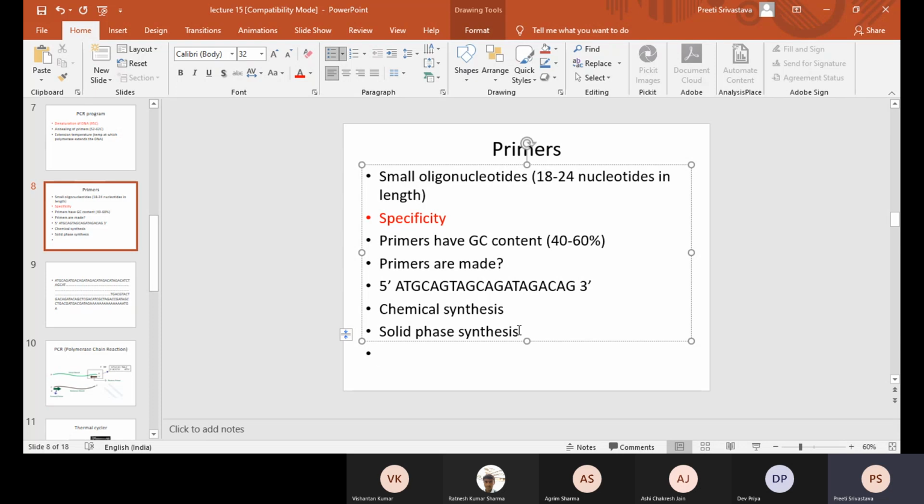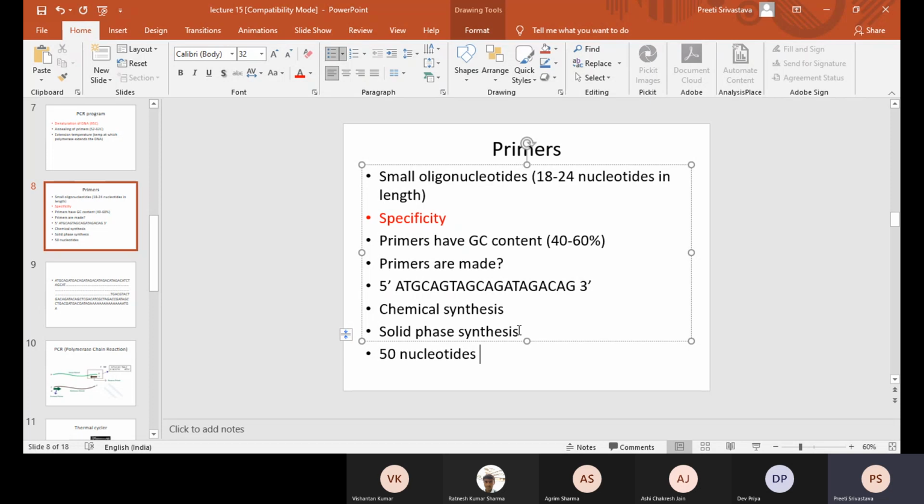Phosphodiester bonds are there, everything is there, and the point I would like to tell you is that in solid phase synthesis there is a limit to the length of the synthesis.